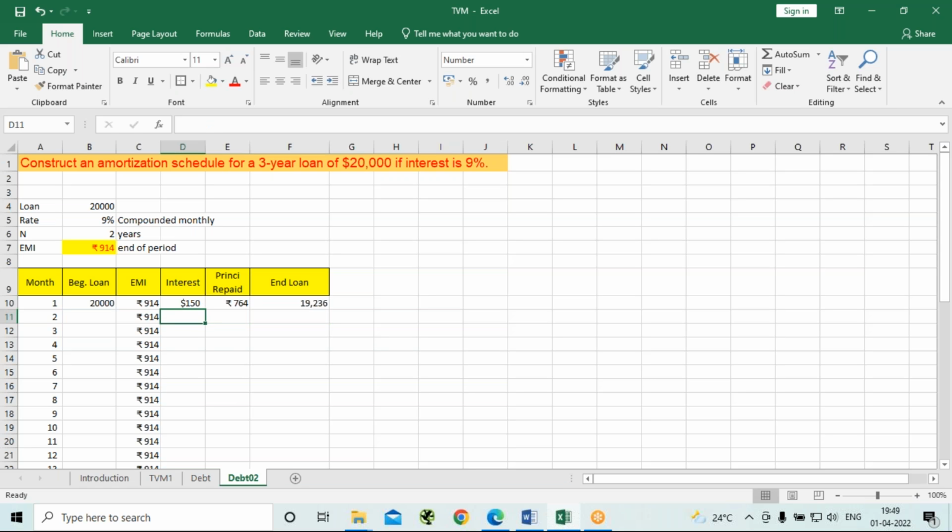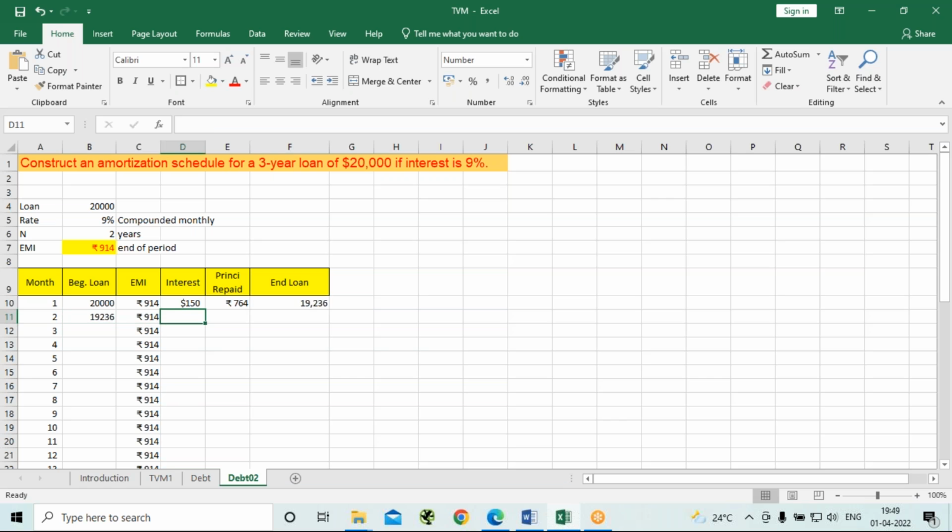So now the next month's beginning loan will be 19,236. That is equals to the last month's end loan or closing loan,